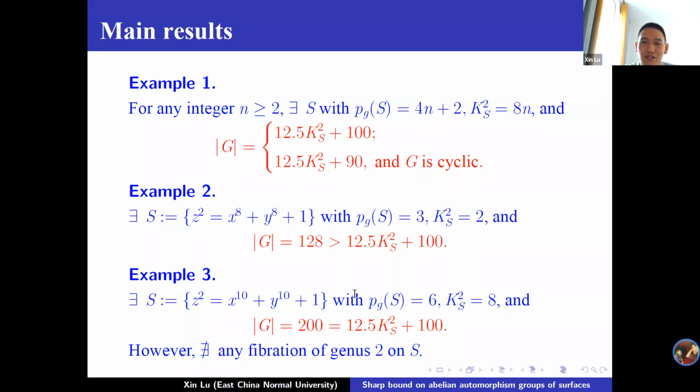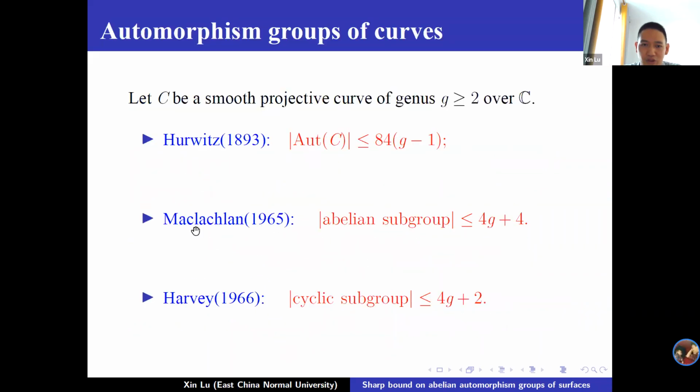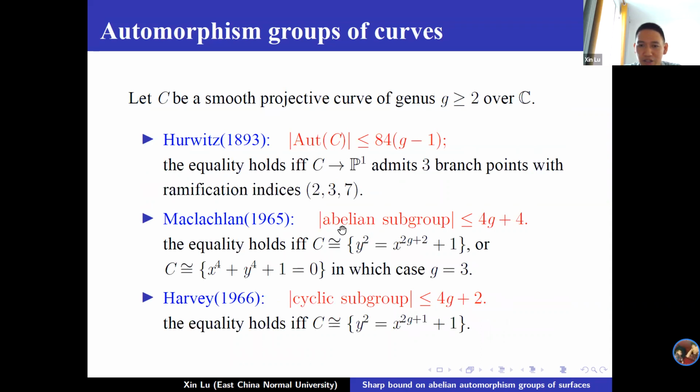Okay, this two example shows that this assumption cannot be dropped. And also, this can be valid as a similar result for the Q case. As we said before, in the Q case, when the abelian subgroup reaches this upper bound, this Q should be hyperelliptic. But when the genus G is small, that is when G is equal to 3, then there exists another example which attains this maximum order.